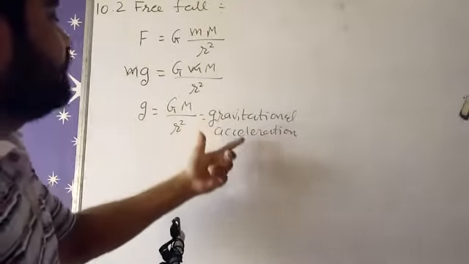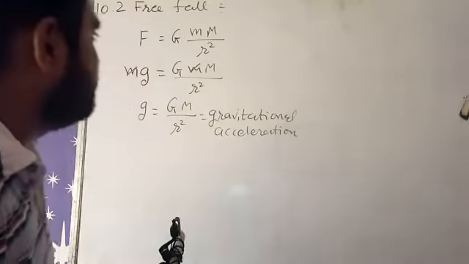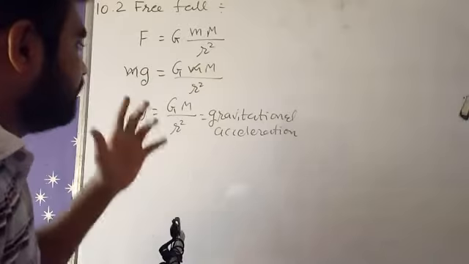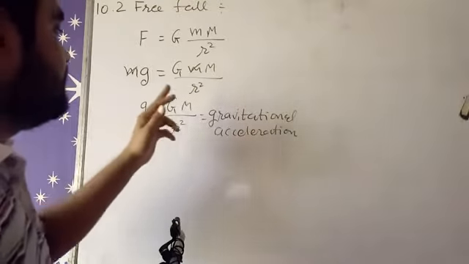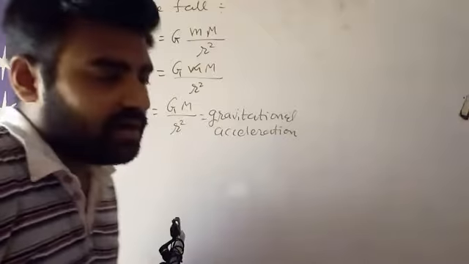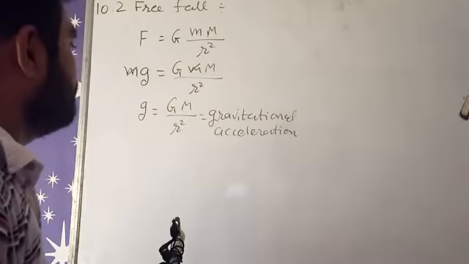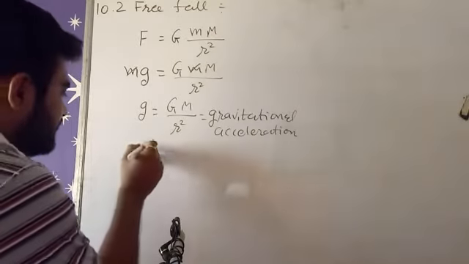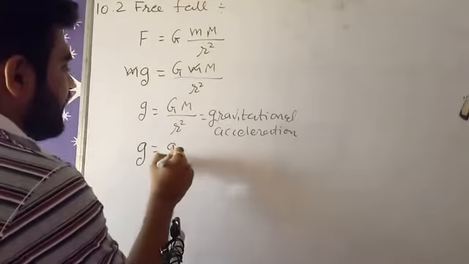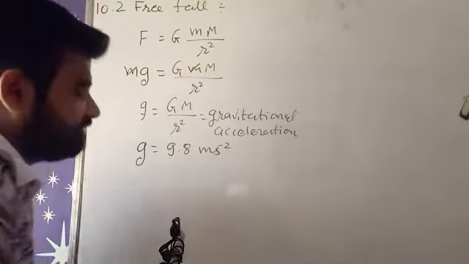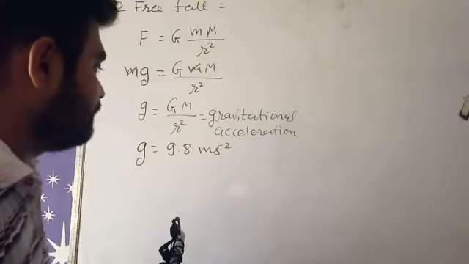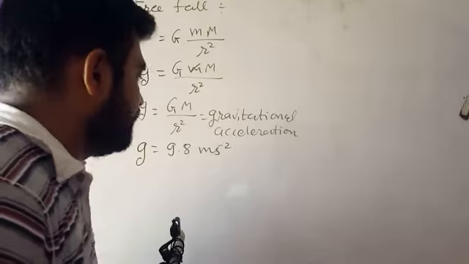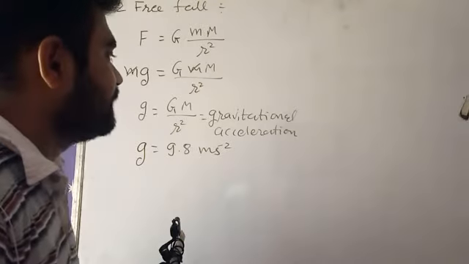So gravitational acceleration always acts towards the earth's surface, and because of that gravitational acceleration we are having gravitational force, right? So g is equal to G M upon r square. This M is nothing but the mass of the earth, right? So by calculating all the terms we get the average value of g, which is 9.8 meter per second square. So we find g in meter per second square. We can also find it in kilometer per hour square, but this is the preferable unit of gravitational acceleration, right?